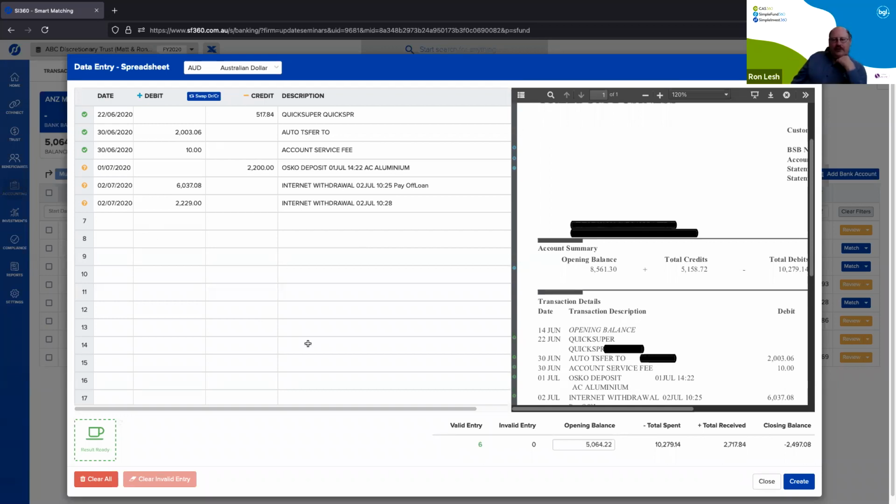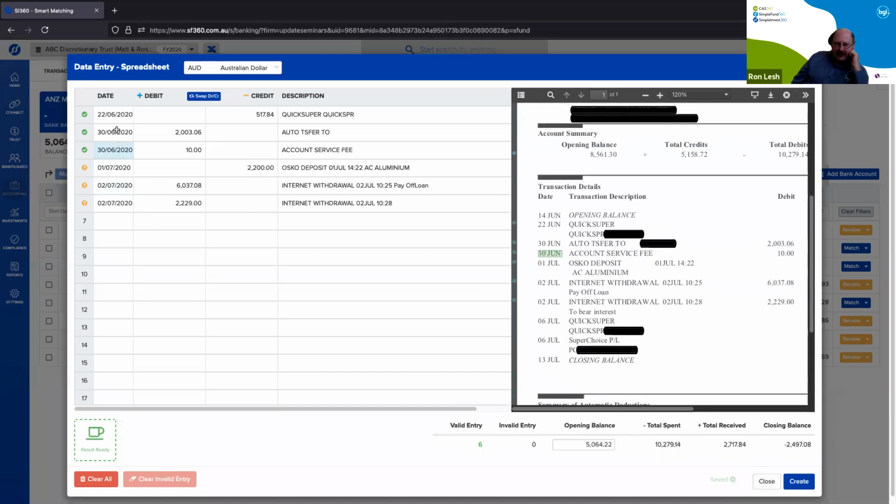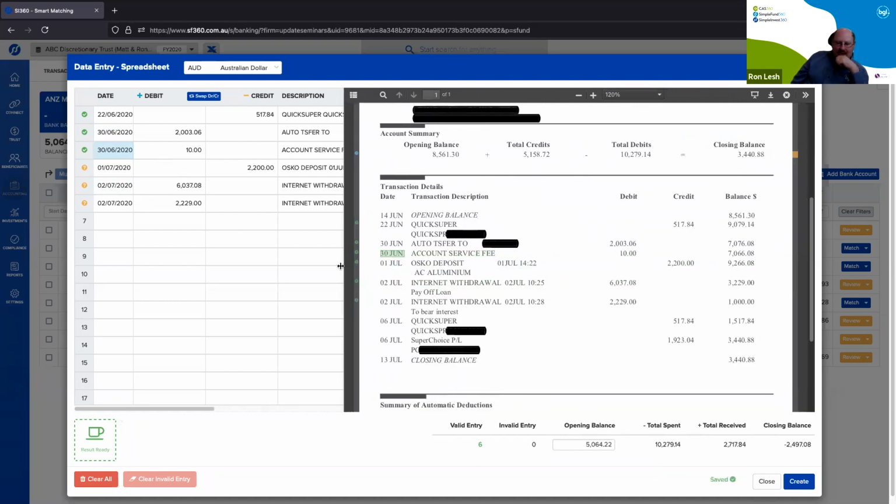Look, the work that the guys have done around building automation with bank statements is world class. There's nobody else that does it. And the nice thing is, if you click on a transaction on the screen, it will also show you that transaction highlighted on the bank statement PDF, and vice versa. That sort of technology is just second to none. So it makes it really easy to bring in transactions from really anywhere.